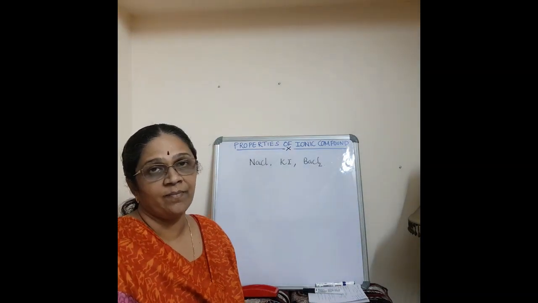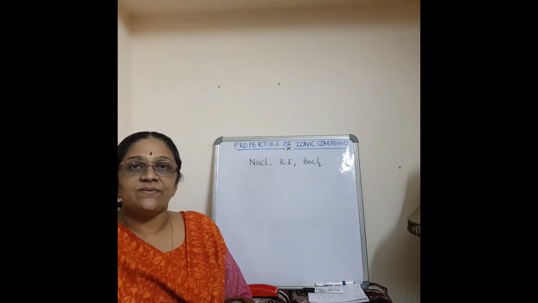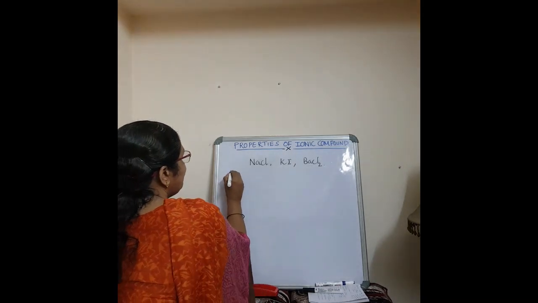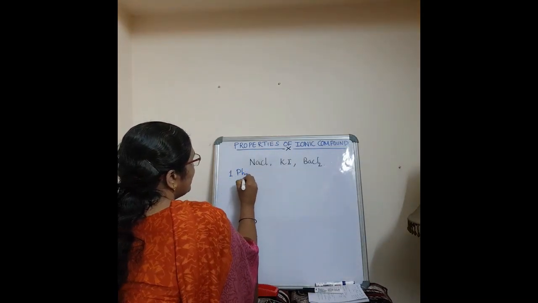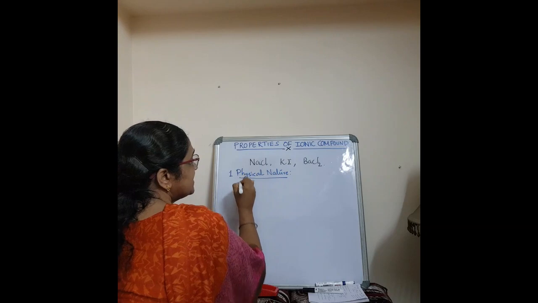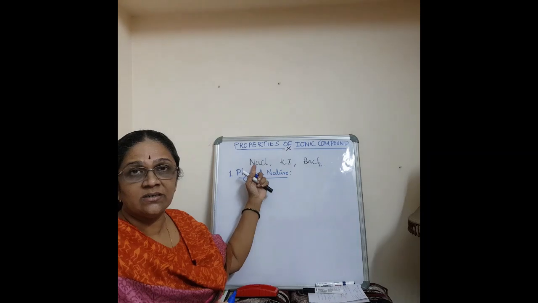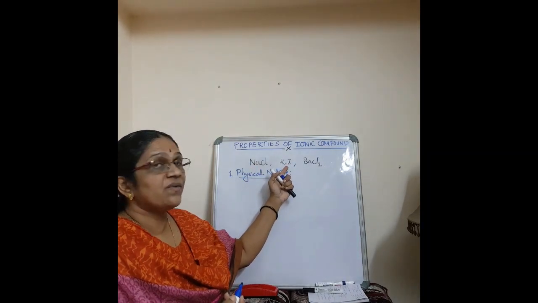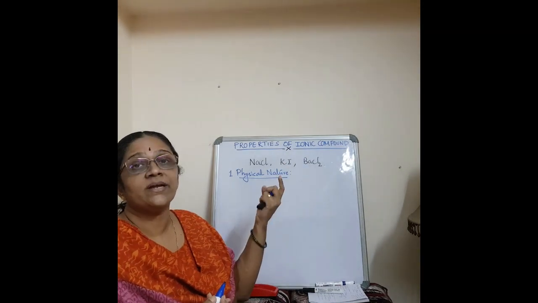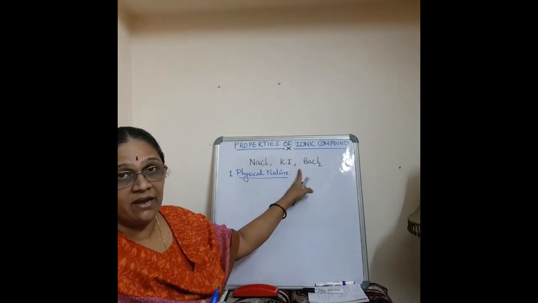Ionic compounds. Now coming to the properties of ionic compounds, the first property we discuss is the physical nature. Physical nature means how it appears or how it looks, isn't it? Normally these ionic compounds, NaCl, we call table salt. You can generally call them salts: potassium iodide salt, barium chloride salt, calcium chloride salt. These are the salts which are seen in our lab.